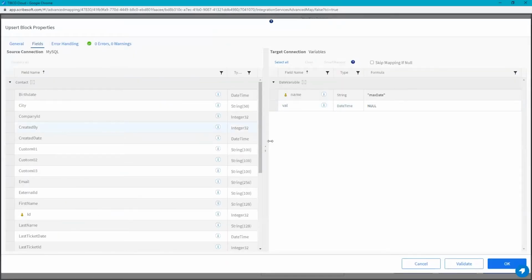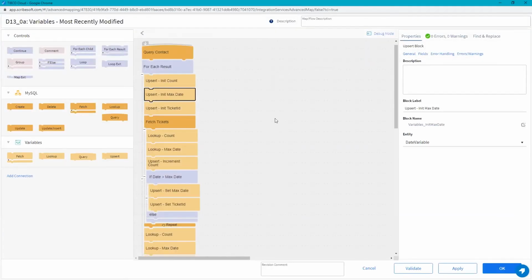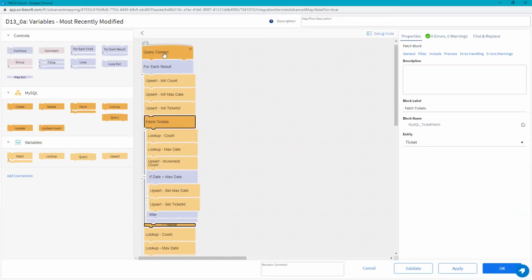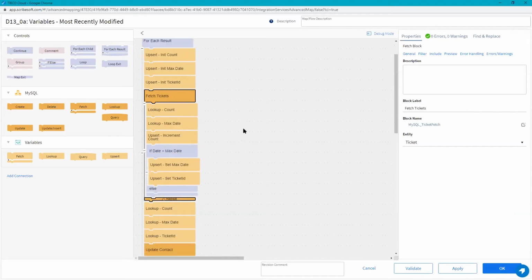beginning of each record, as we're looping through, we know that these values are going to be set to a known value. Right. Then what we do is we have this inner loop here, this fetch tickets, and this fetch tickets is going to select all the tickets / cases for this particular contact. Right. And then what we do is there's a lookup and then an upsert operation, and then a comparison that will set the new values for this